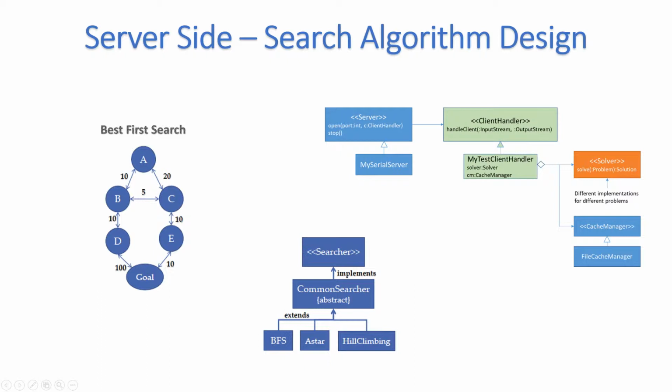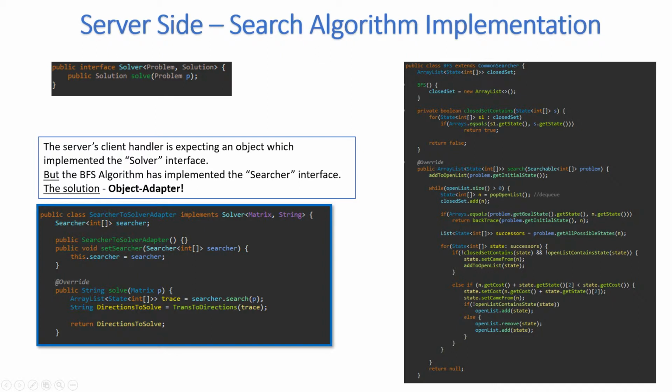So in here you can see an interface, an abstract class which implements this interface, and we can implement as many actual algorithms, search algorithms, and using a searcher which is a general, an interface which is a general kind of object, we can solve the same map, which is kind of like dependency inversion. The server-side